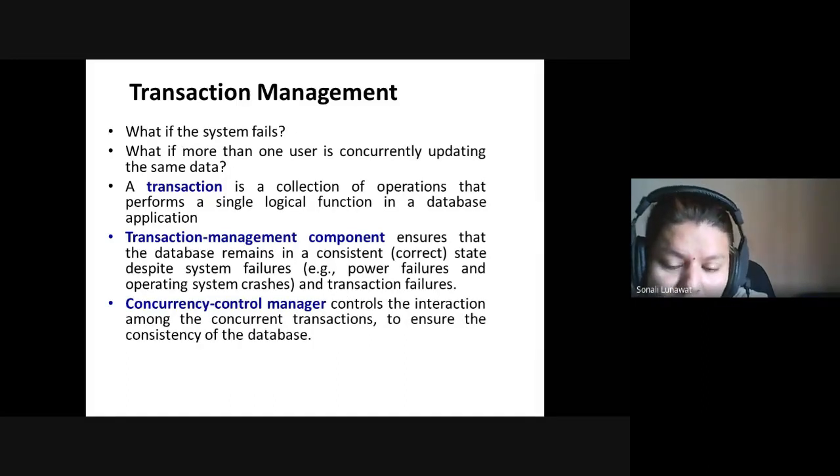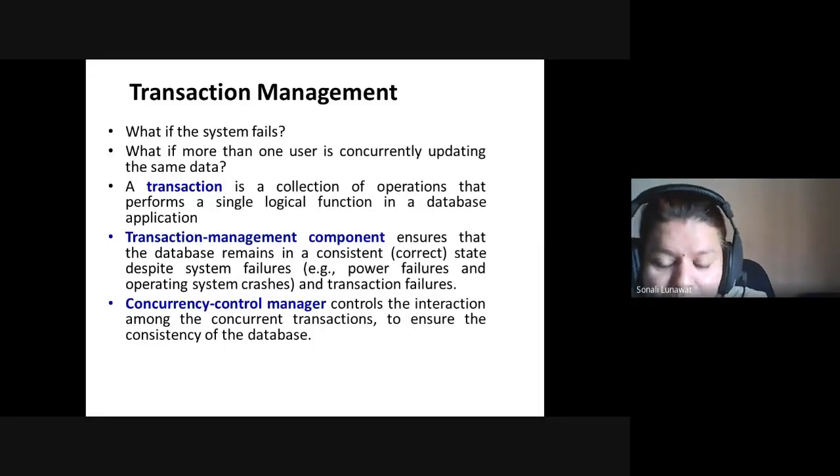Then comes concurrency. Parallelism and concurrency are two different words. Parallel means at one time all are working; concurrency means one finishes and then the next is started, another finishes and then another is started. So the concurrency control manager controls the interaction among concurrent transactions. Concurrent transactions mean transactions should happen one after another. You could not do each transaction at the same time. If that comes with parallel, then we cannot prove that the data in the database is consistent. So we have to go with concurrent transactions only.